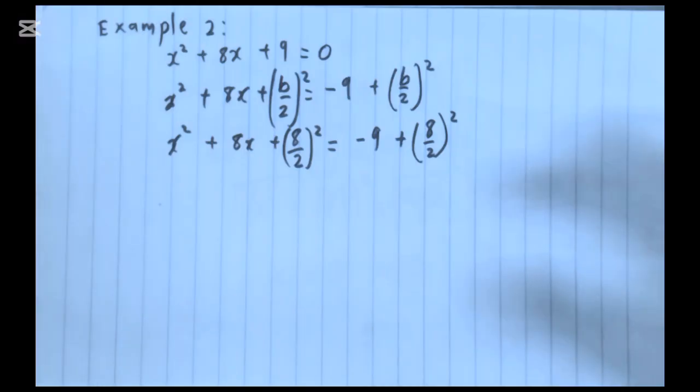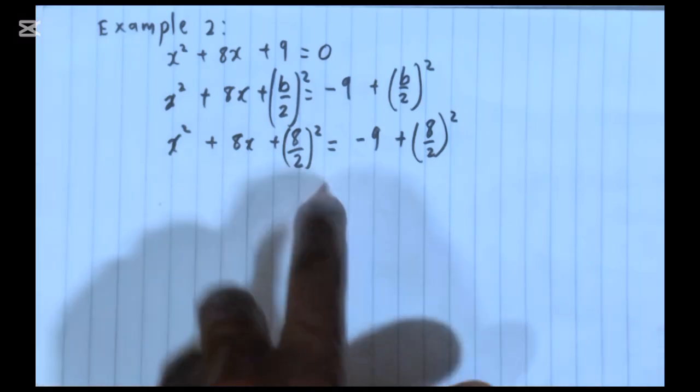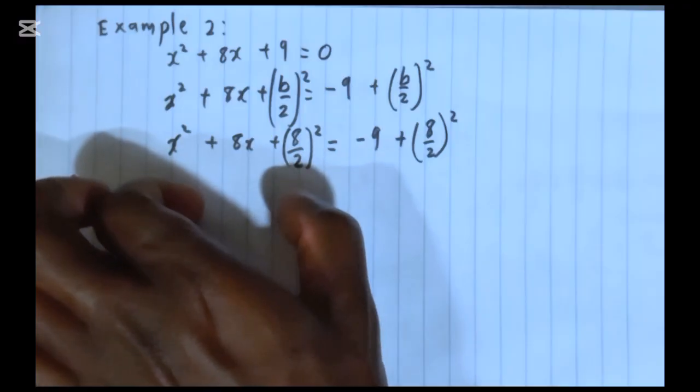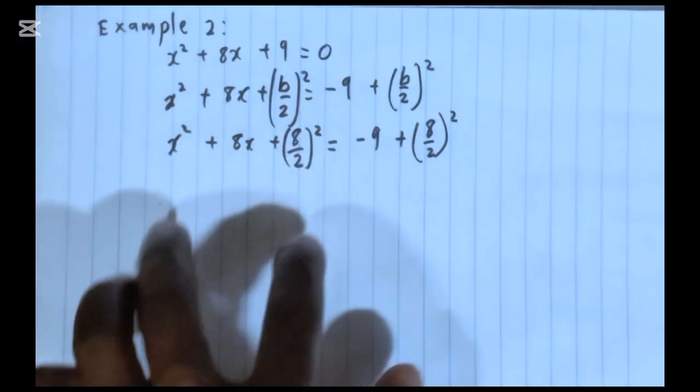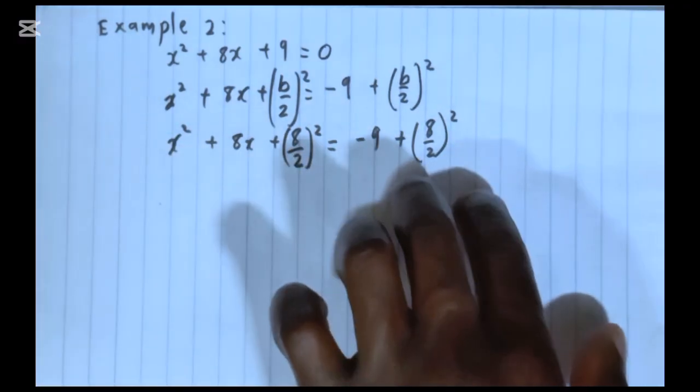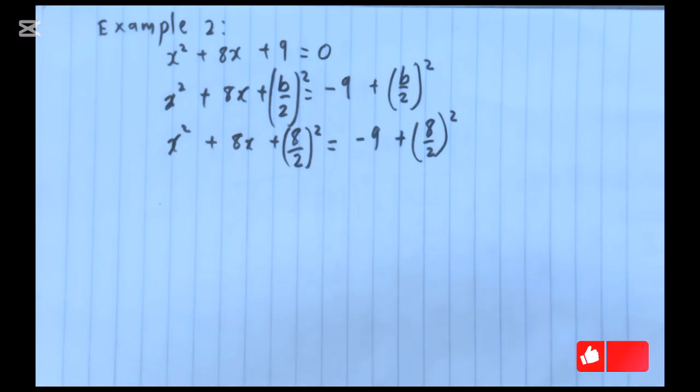Wherever we had b, I've just written 8 as its value. From here, it becomes easy to refactorize whatever we have in the left-hand side,